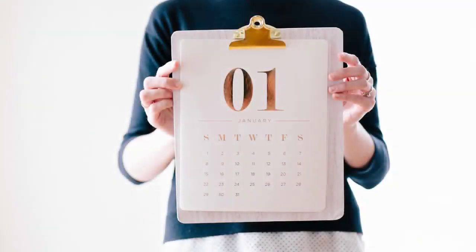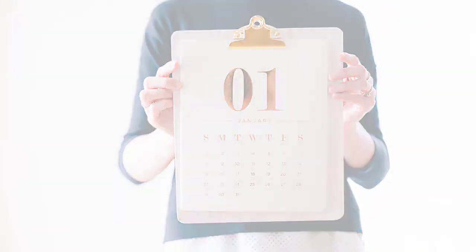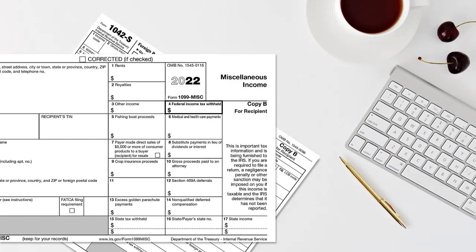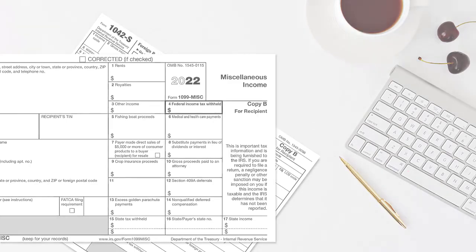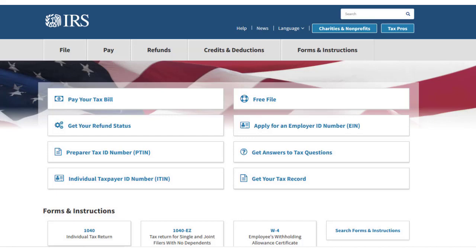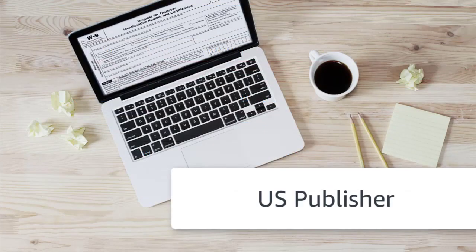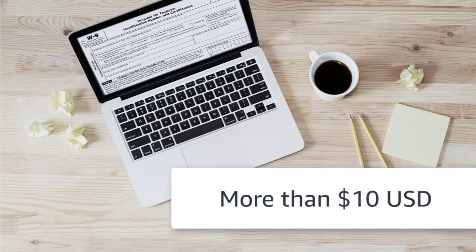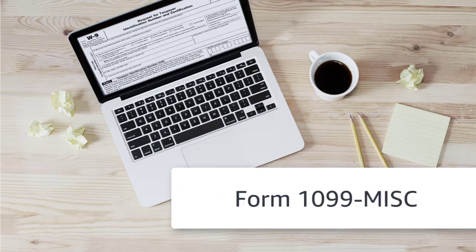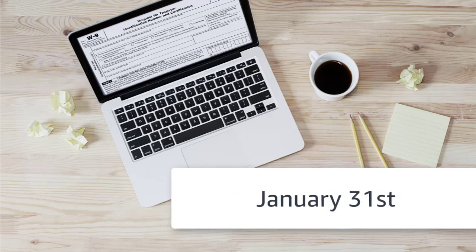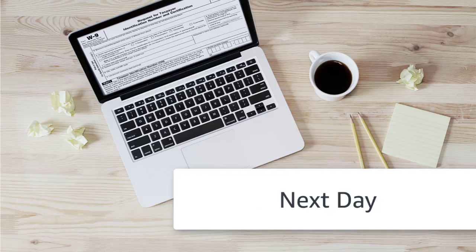You're a content provider and you're preparing for tax season. At the beginning of every year, Amazon issues tax forms required by the U.S. taxing authority called the Internal Revenue Service, or IRS. If you're a U.S. author or publisher who earned more than $10 in royalties during the calendar year, we'll issue Form 1099 MISC yearly on or before January 31st, or the following business day if January 31st falls on a